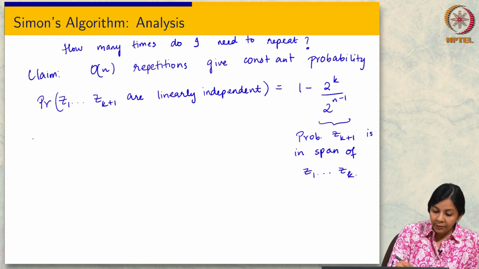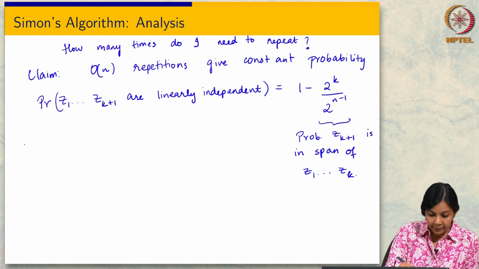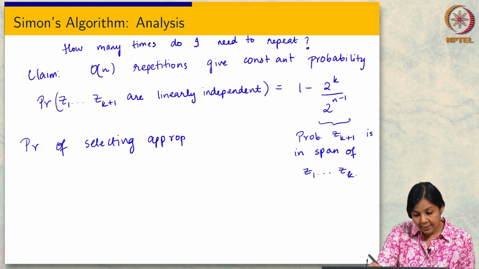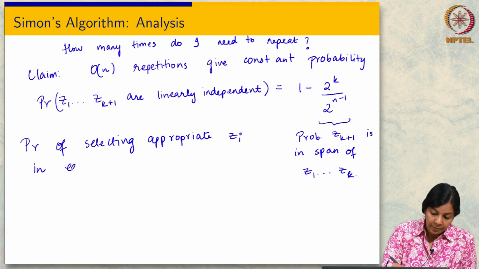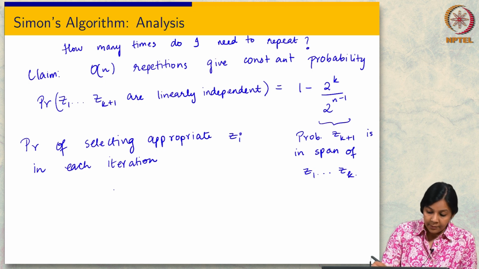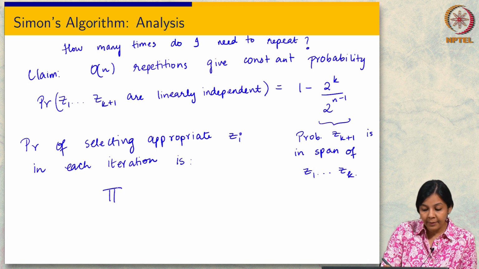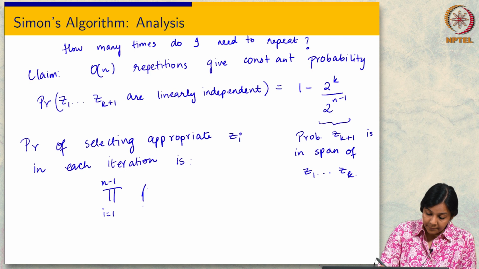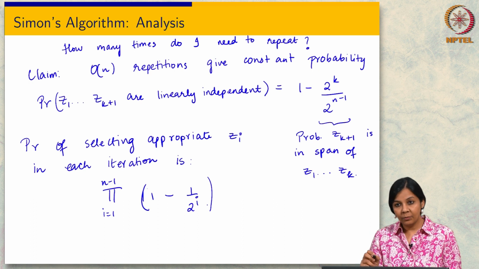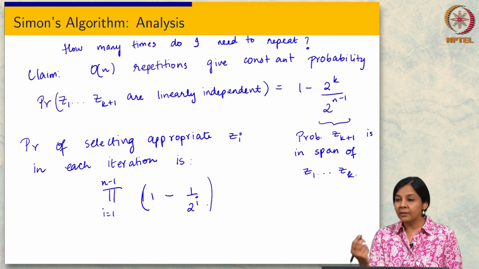So I need to now consider all the vectors. The probability of selecting an appropriate Zi in each iteration ends up being something like this. You can work it out on your own. So, just using the previous fact,